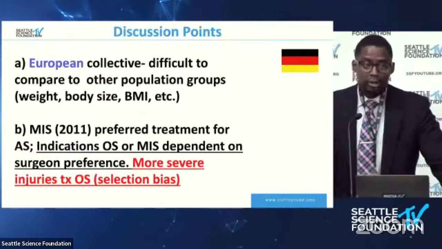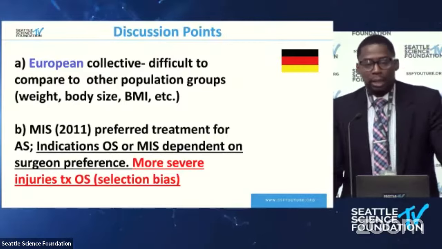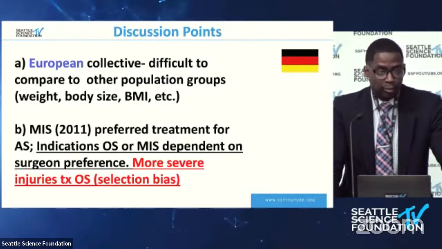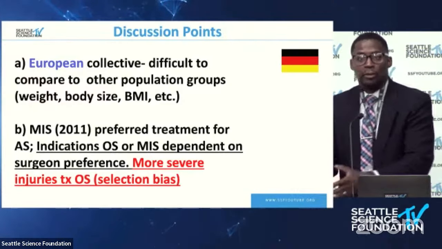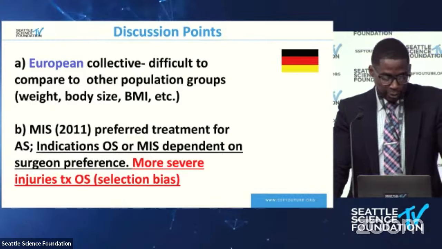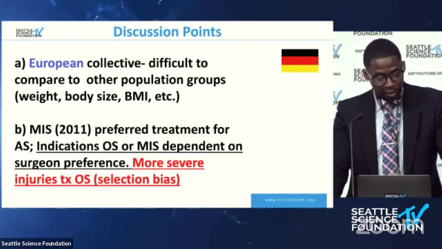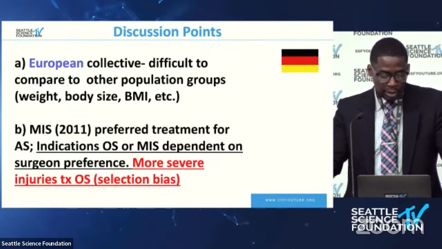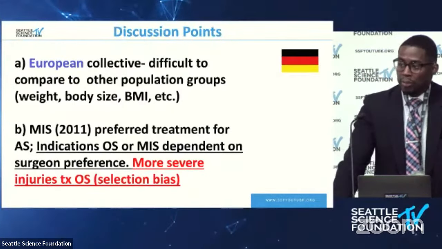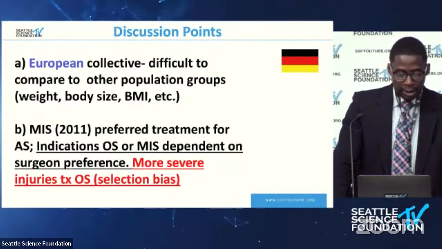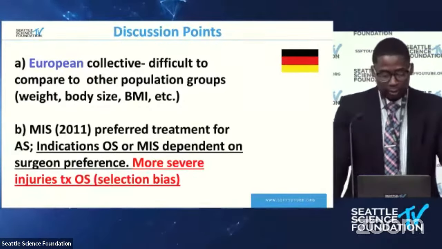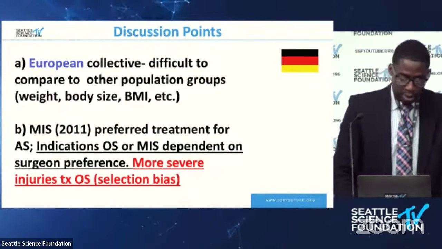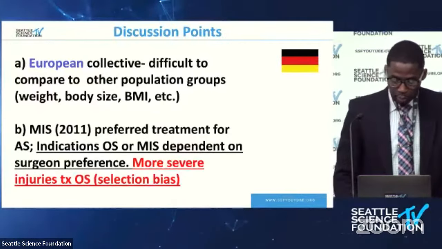Discussions. This study was done in Europe, and so that we have Dr. Ishak with us from Germany as well, can maybe further weigh in terms of his patient population versus when he was here in Seattle for a fellowship, in terms of comparing these population groups. MIS, again, since 2011, became a preferred alternative treatment style for management for many of these type of injuries. And so one of the things is selection bias with respect to surgeon preference and including the severity of the injuries. If they're more severe, many of them went open surgery.